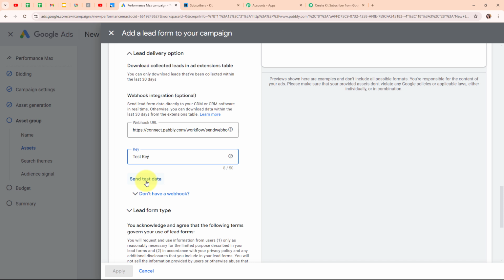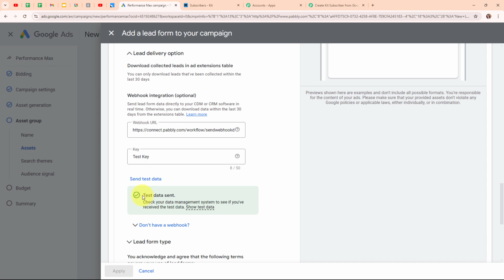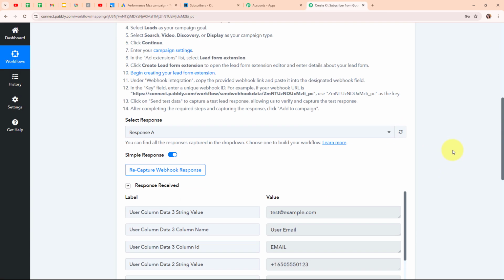By clicking on it, I will receive a test response of this particular form on my webhook URL, that means on my Pabbly workflow. So I'm going to click on this button. And here you can see it says test data sent. That means we have successfully sent a test response to our Pabbly workflow, or you can say to our webhook URL over here. So now let's go back to our Pabbly workflow, and here you can see we have received